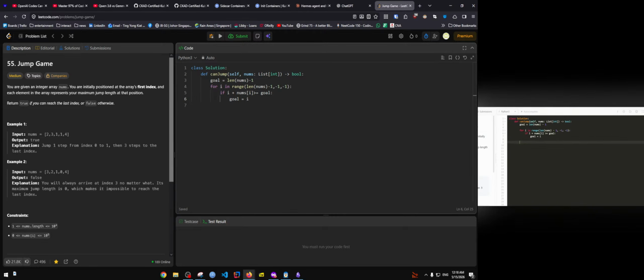Now, when we reach the end, right, either two things will be true. Either goal will now be 0, right? Meaning that from position 0, we're able to reach the goal. Or goal will be greater than 0, which means we were not able to reach the end of the input list. So we can make a condition to return that. So return true if goal is equal to 0, else return false. So this is how you solve jump game in linear time with the greedy solution. No extra memory is required, and this is how you do it in Python. In Java or C, it might just be 1 or 2 lines of extra code, but